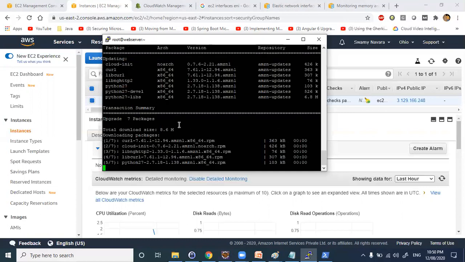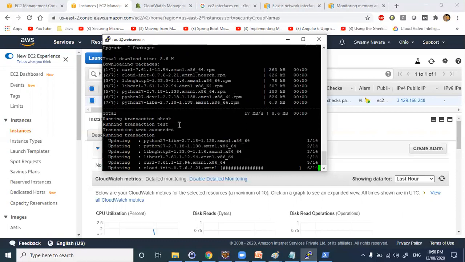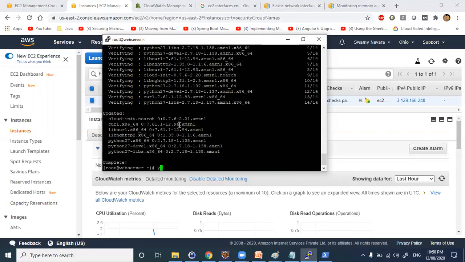So let us install Nginx server now. Yum install nginx.